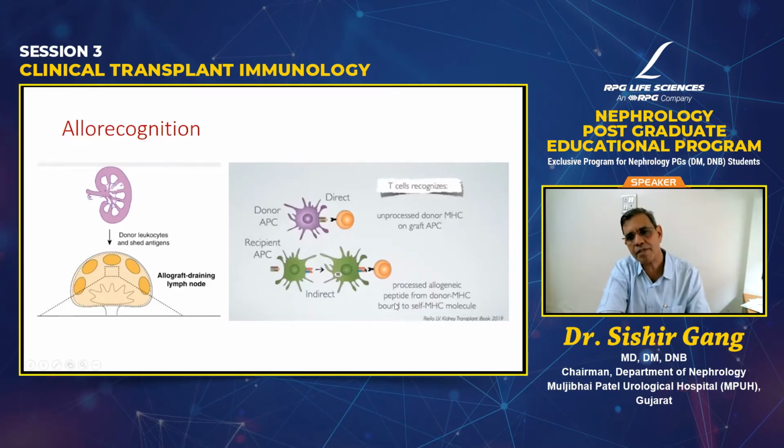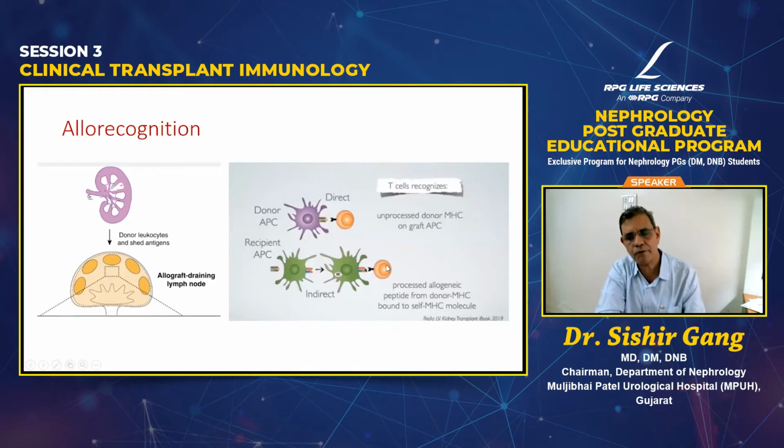So these are processed allogenic peptides from a donor MHC bound to the self MHC. Because it is important to note that the T lymphocyte will only respond in the context of the MHC. Here it responds in the context of the foreign MHC, which it does to some degree, but it responds very well in the context of self MHC. So it will not respond to a free-floating antigen somewhere in the serum. T cell receptors will only recognize the antigen if it is presented in the context of the HLA molecules, of either class: the CD4 will respond in the case of class 2 and the CD8 in the case of class 1.